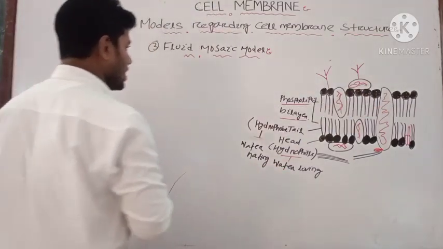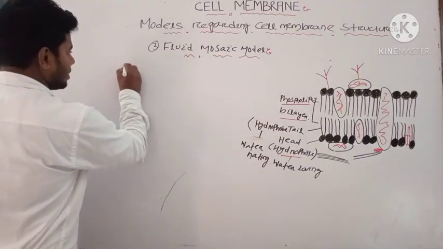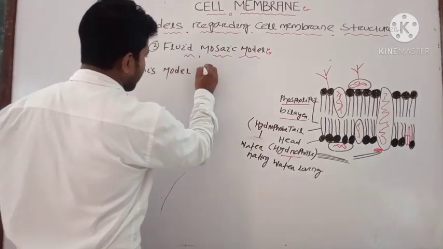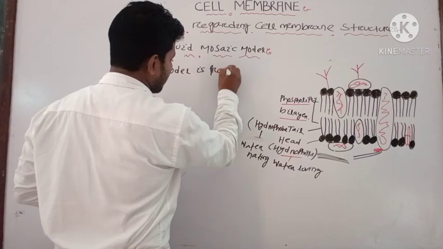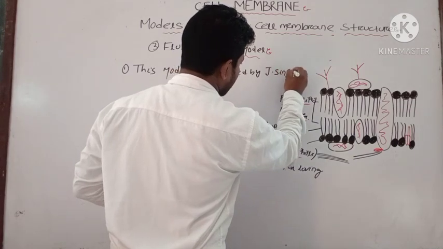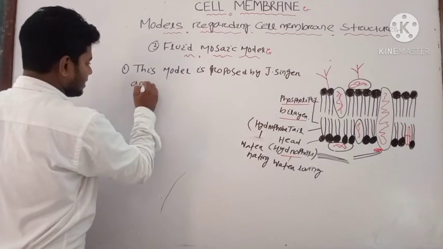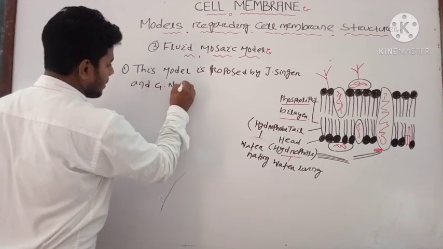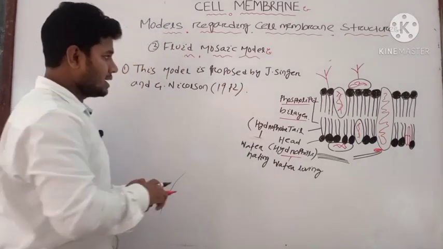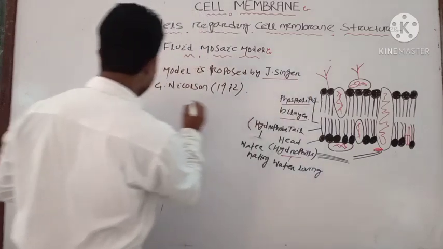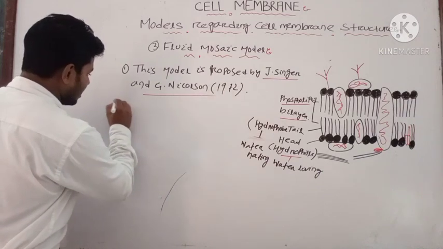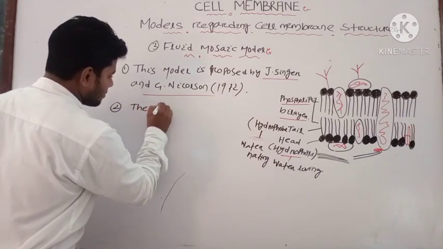Okay, first point is your, this model is proposed by J. Singer and G. Nicholson in 1972. Who proposed this theory or this model? That is J. Singer and G. Nicholson. Here we find another point is that the phospholipid bilayer